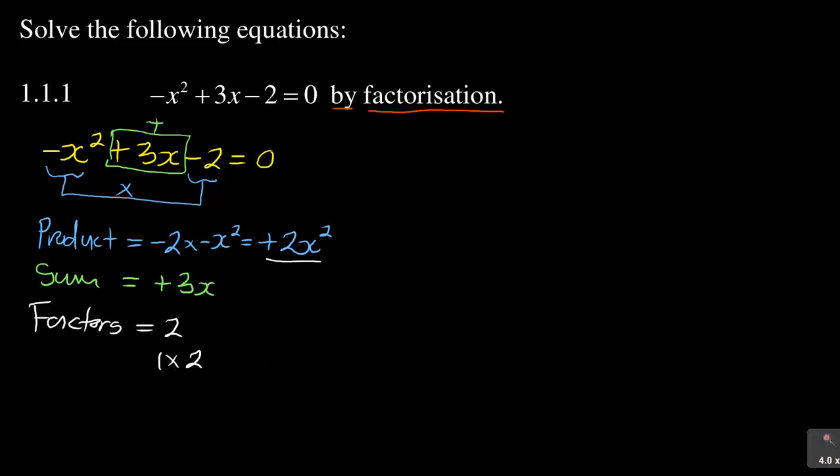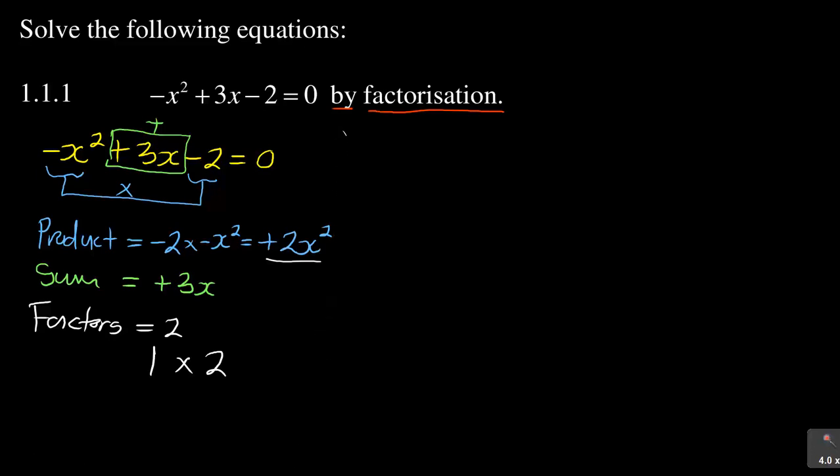Now remember, I need two numbers which when I multiply them I must get a 2, and when I add them I must get a 3. So you can see, if I multiply 1 times 2 I'm getting a 2, and if I add 1 plus 2, I'm getting a 3. So these two numbers satisfy what I need. So when I've done that, I can therefore